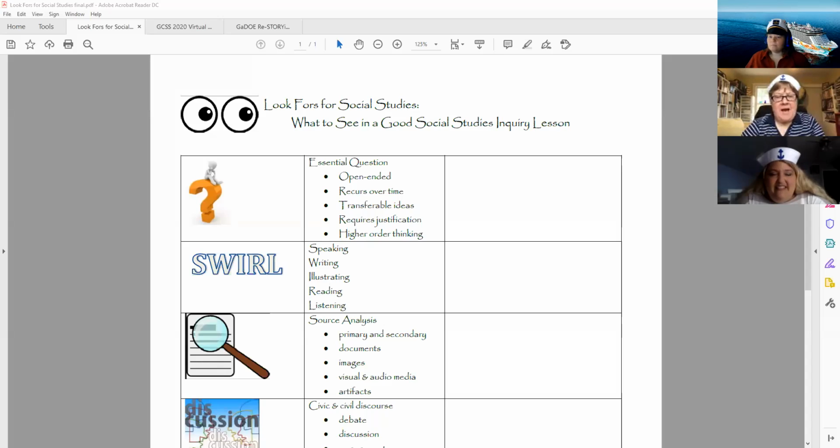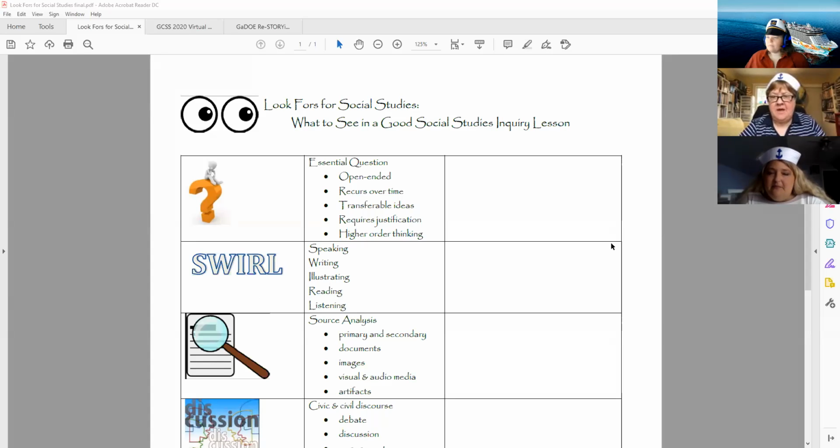Today, we're going to take you on a journey of everything that you need to know about social studies, beginning with Joanne Wood and your passport. So our passport for social studies leaders today and our top survival kits starts with our foundational document, our Look Fors for Social Studies Inquiry. When we first revised the standards a few years ago, we also talked about the